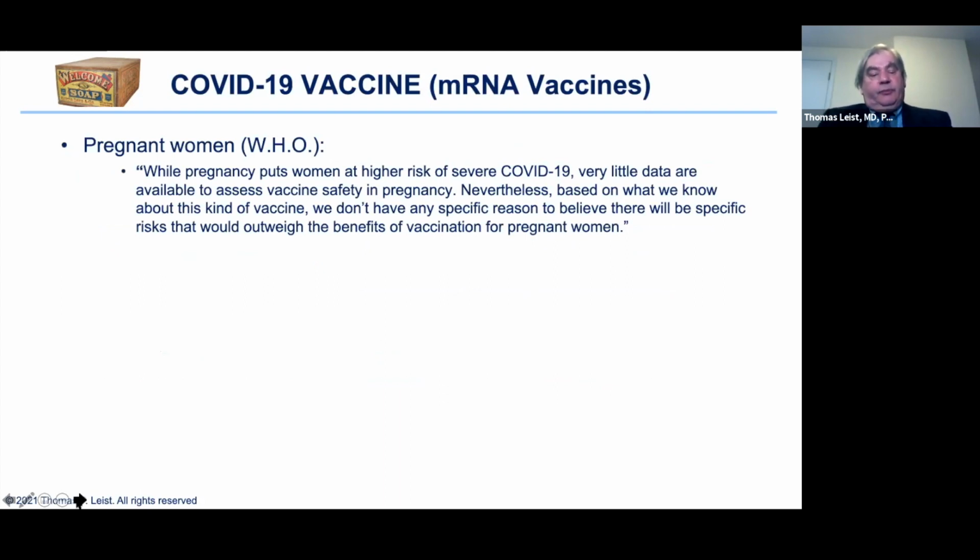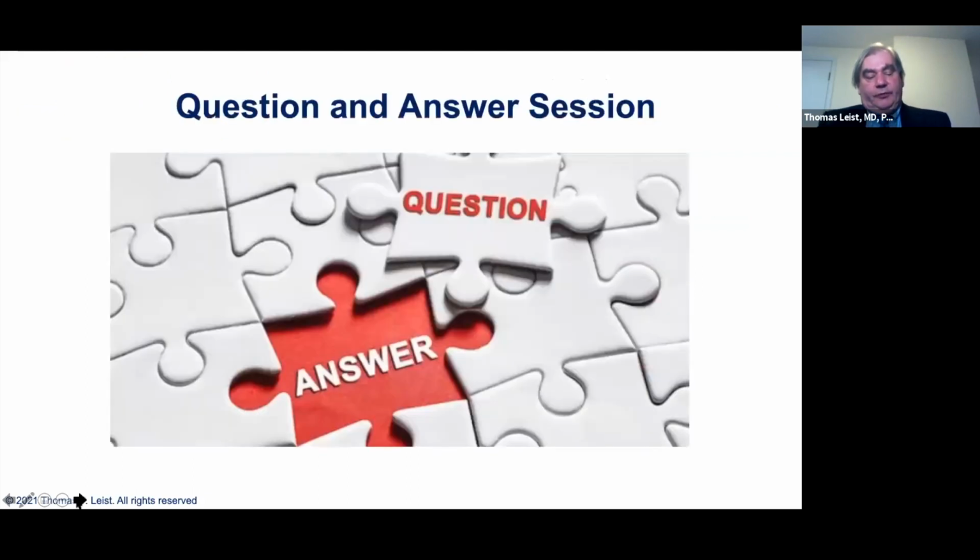Again, while not specifically called out in neuromyelitis optica, nevertheless, women that are pregnant, unless there are significant contraindications, can be vaccinated with the COVID-19 vaccine. We are at the other end of the presentation, and I know that I have challenged you a little bit